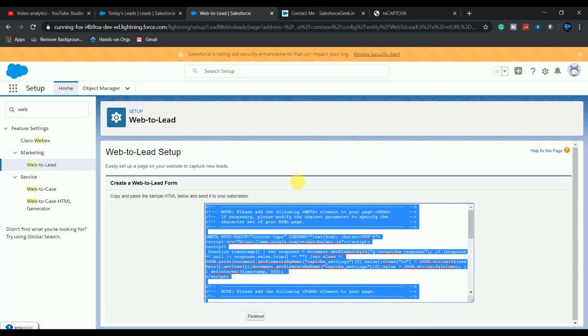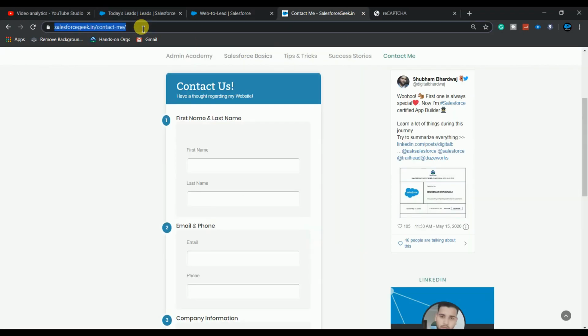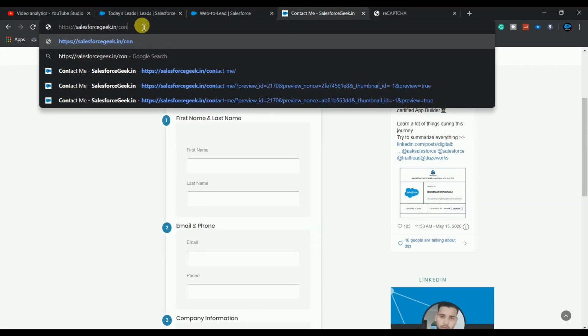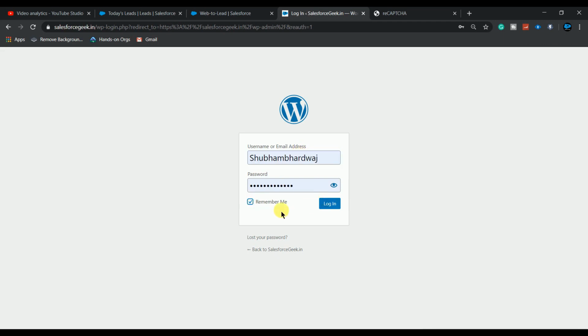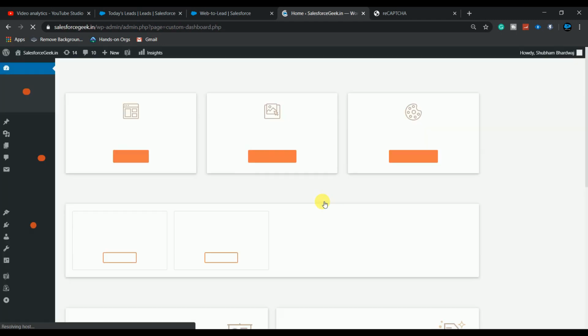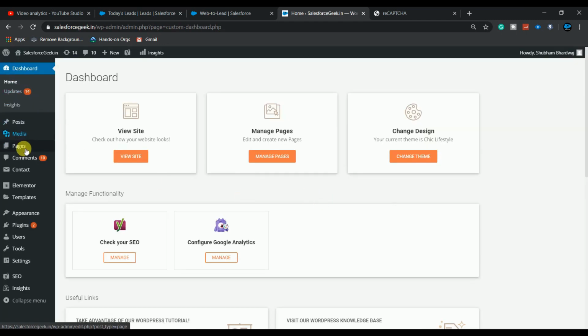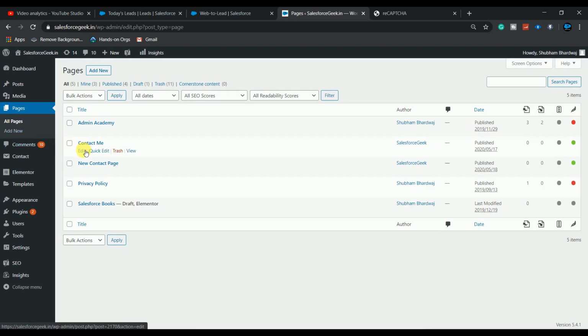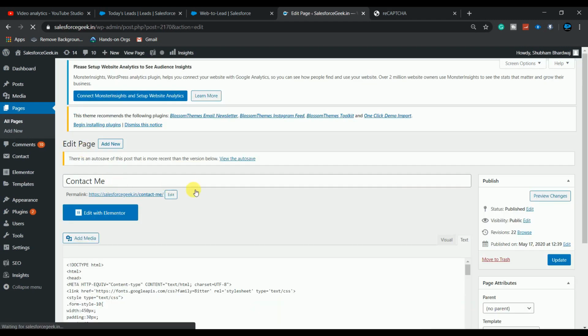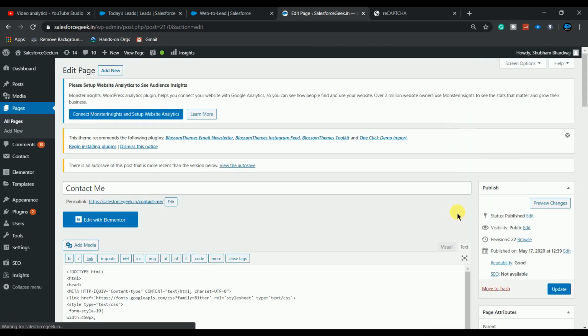Now we have to go to our website admin panel, let's say admin, WP admin. Now I simply log in to our WordPress website, and let's go to the pages, and in the contact me form click on edit, and now go to text.